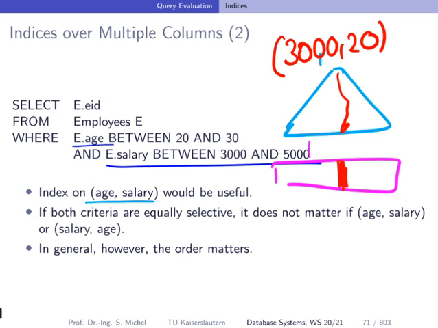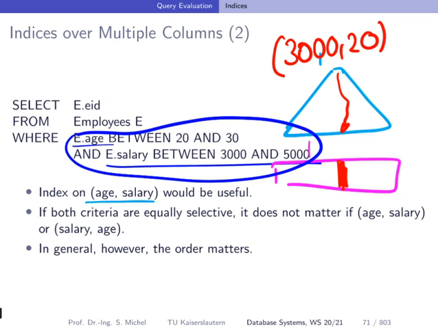It's kind of clear because we don't make any difference here in the query predicate. Both age and salary have a criterion which includes a range, right? So we would not really see a difference here. In general, to say that again, the order matters. In this case, at least from looking at this description, without knowing any more details, both should be the same